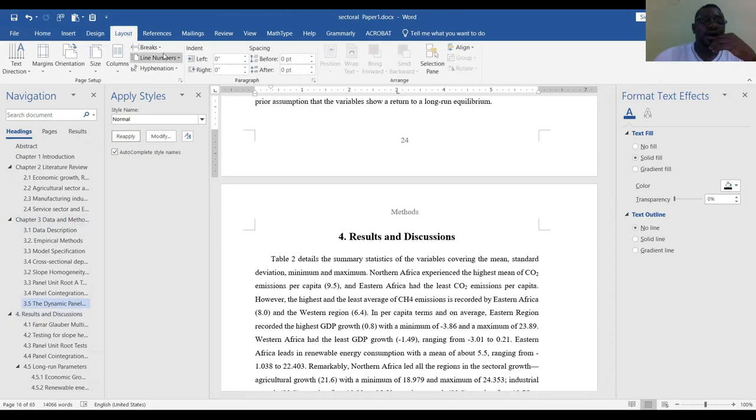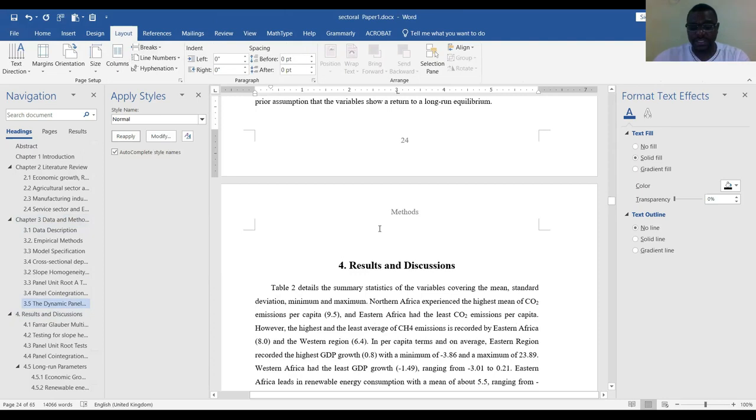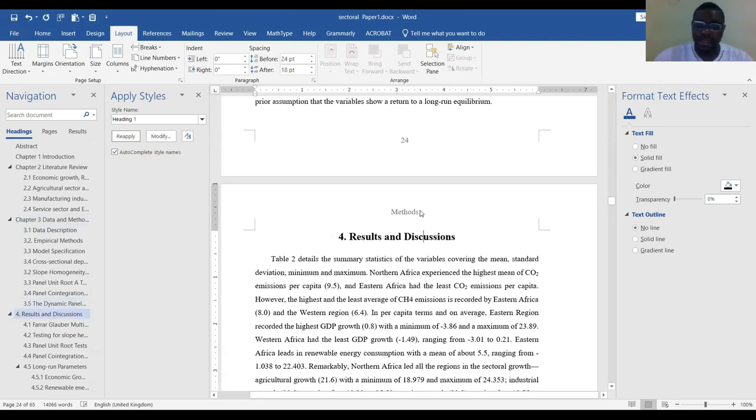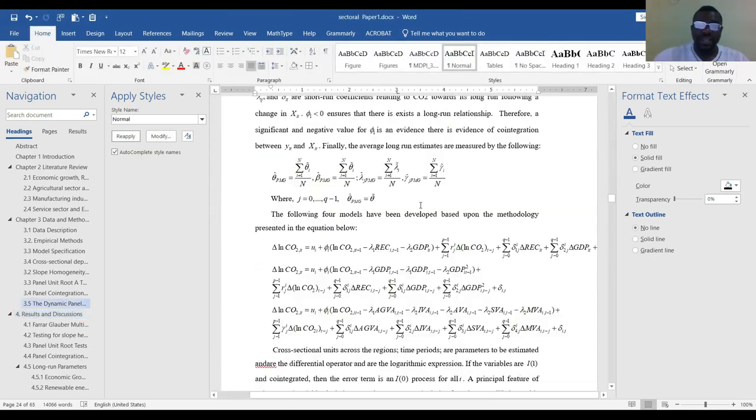go to layout, pages, breaks, and then continue. Okay, so it's the linked. I like the continue because you can use any of them if you don't have complications. So I said here, results, okay? I'm going to have results here. Okay, so here,